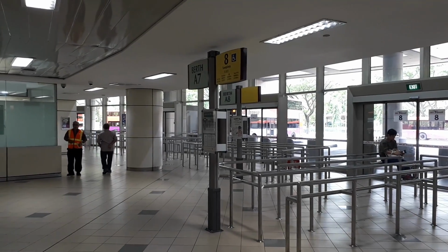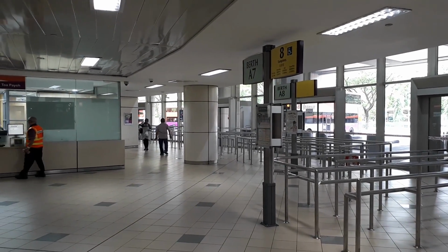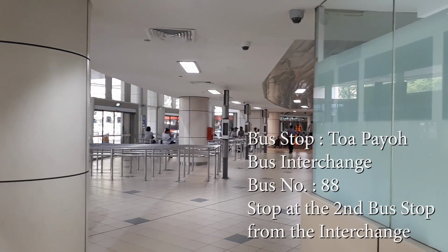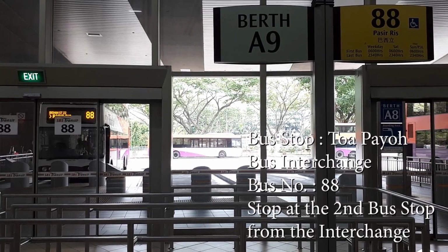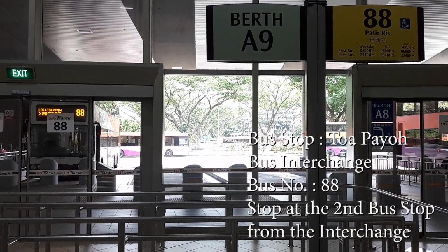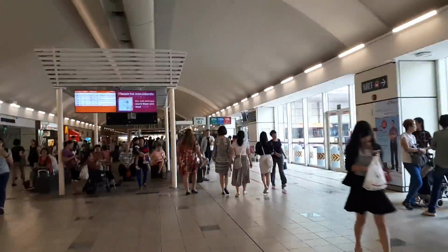We're at the top now. Turn left and walk straight down. If you continue walking down, we'll be at berth A9, and here we're going to take bus 88 to the second bus stop. Or alternatively,